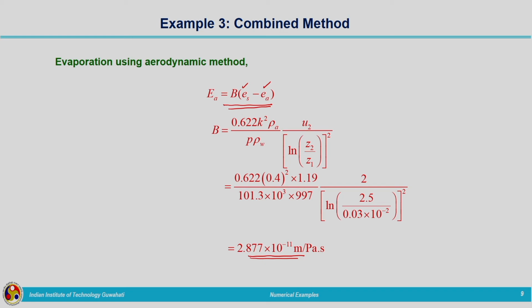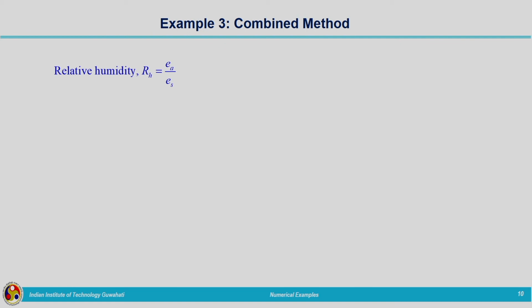Now, the next step is to calculate the vapor pressure EA. Relative humidity is given to us. We can calculate EA as RH multiplied by ES. RH, that is relative humidity, is 60%. So, we can calculate the vapor pressure in the air as